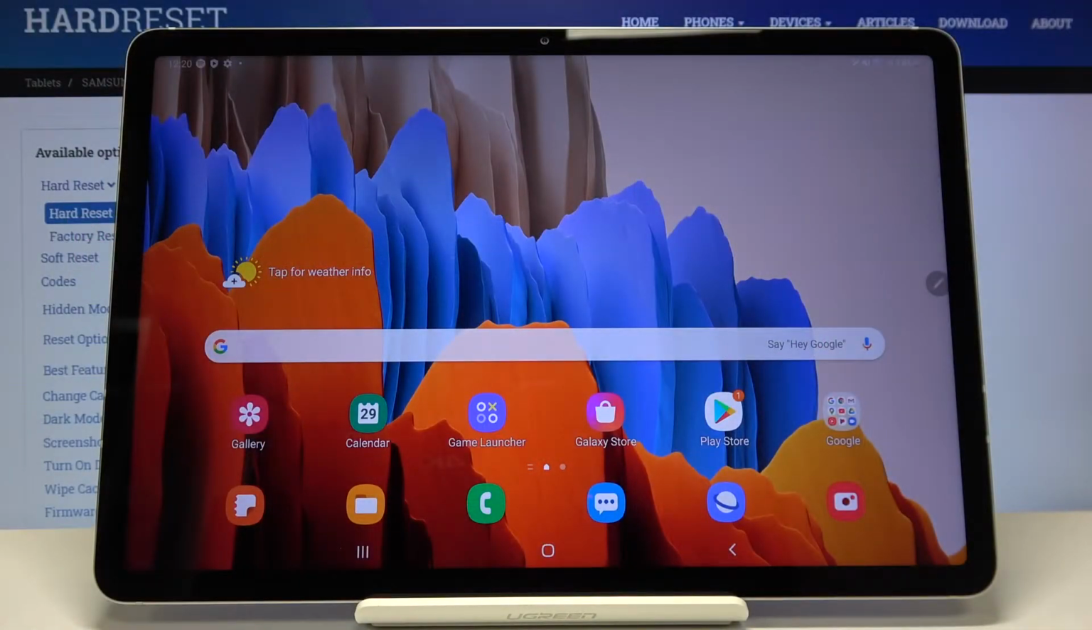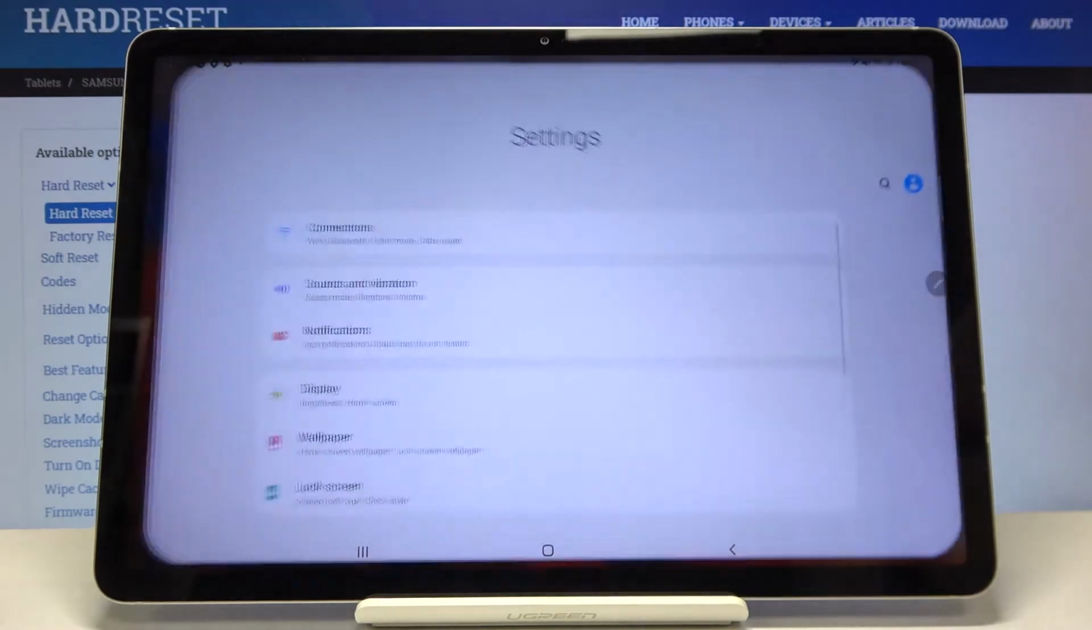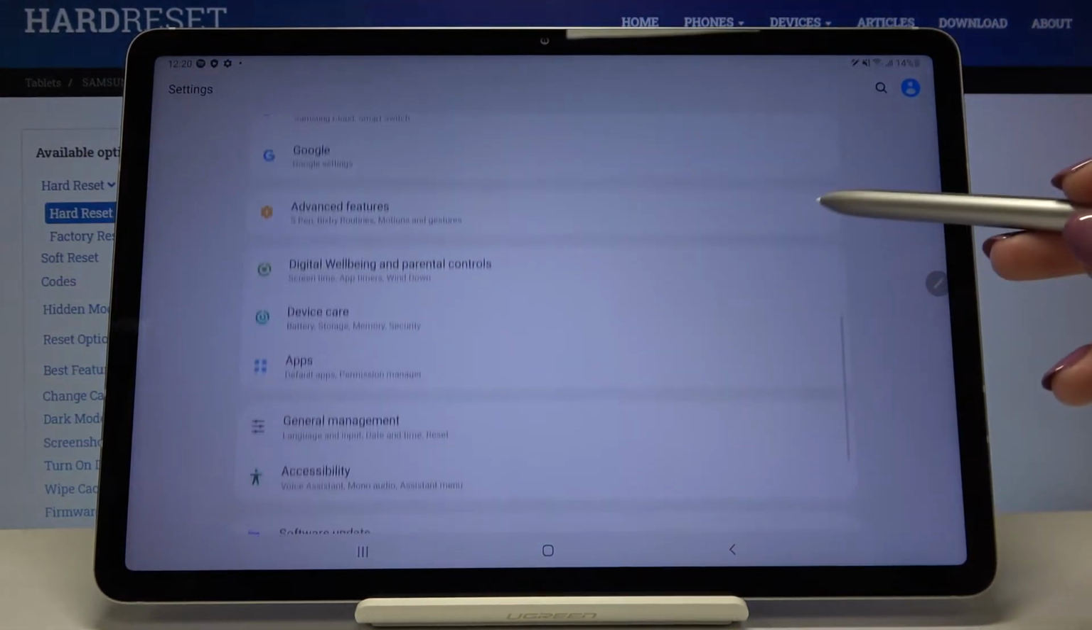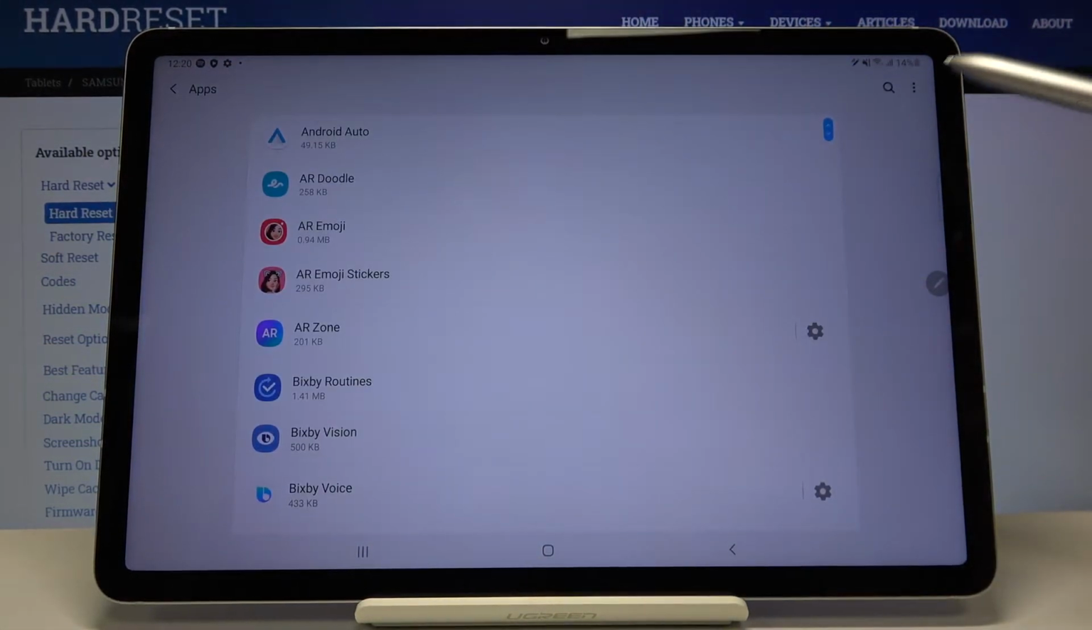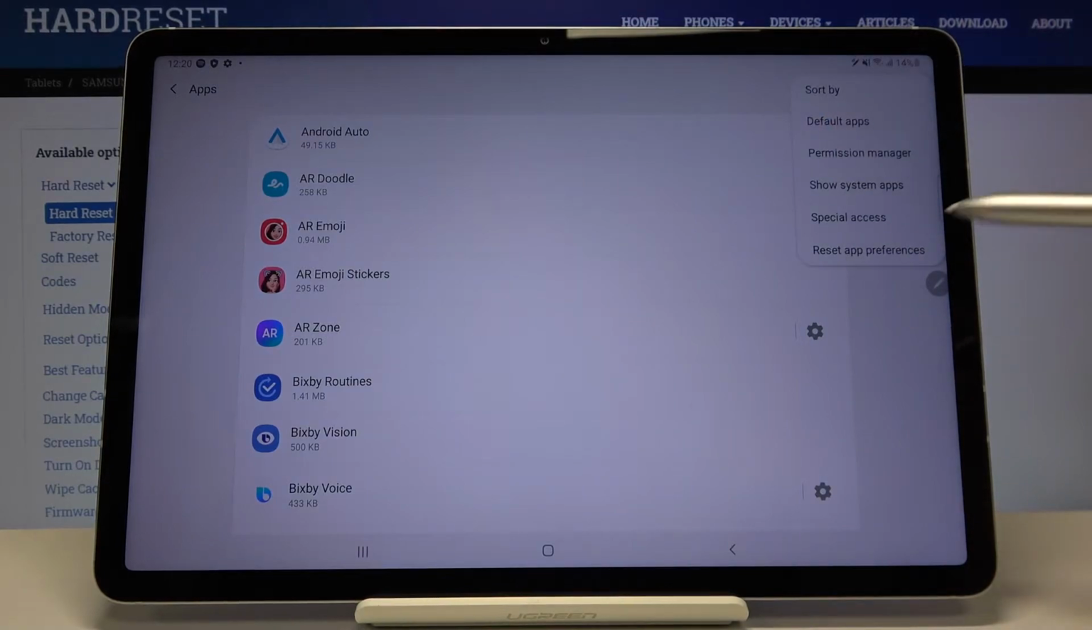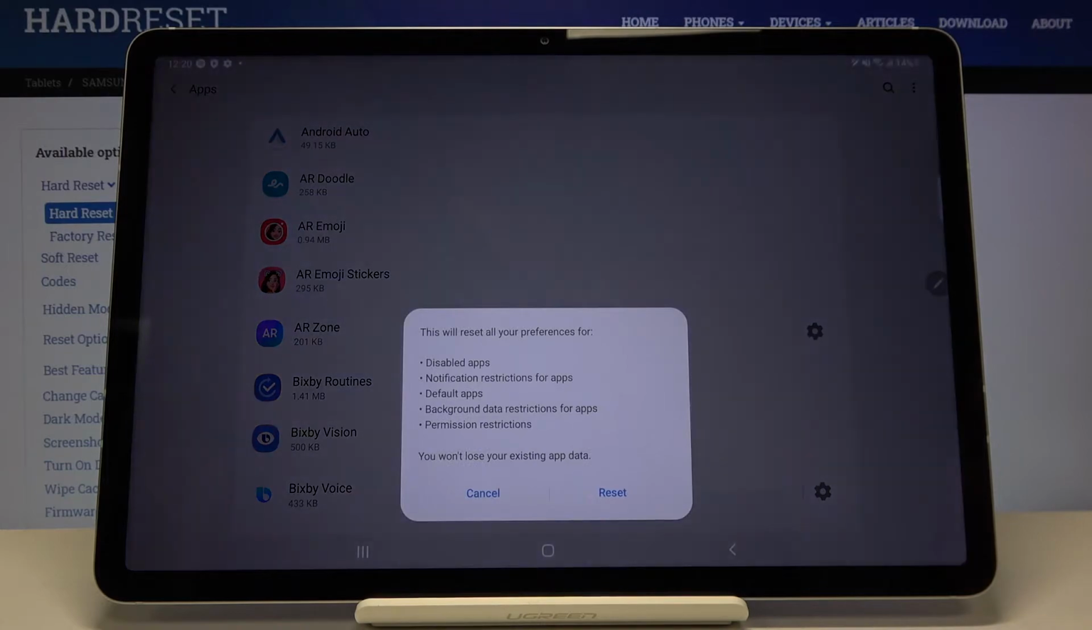Hi everyone, here we've got Samsung Galaxy Tab S7 and let me show you how to reset app preferences on this device. So first of all, let's open the list of apps and enter the settings. Here let's scroll down and find apps, and now let's tap on this three dots icon. Here at the very bottom of the list we've got reset app preferences option, so let's tap on it, and